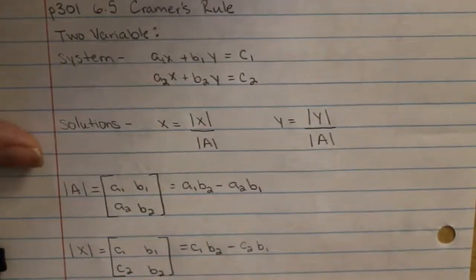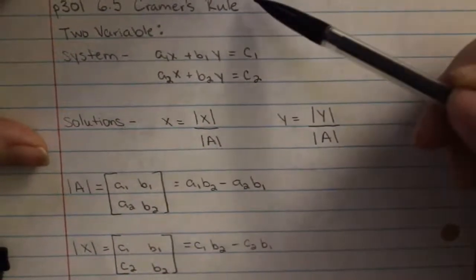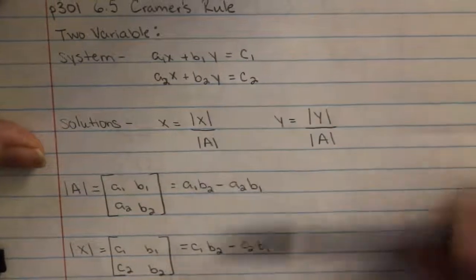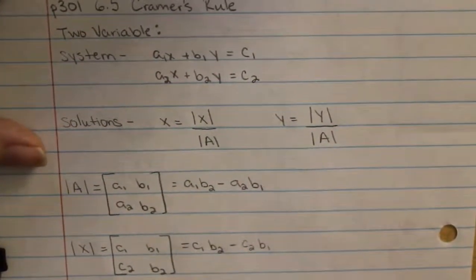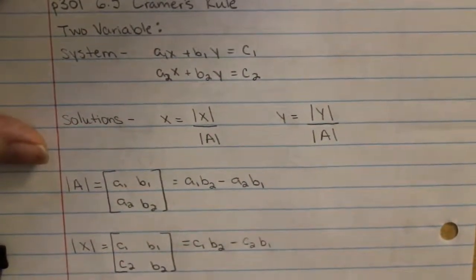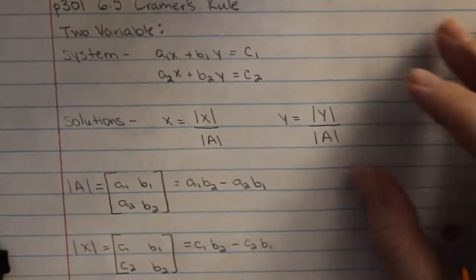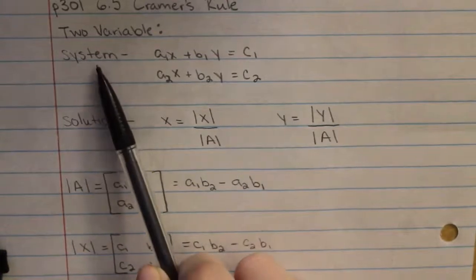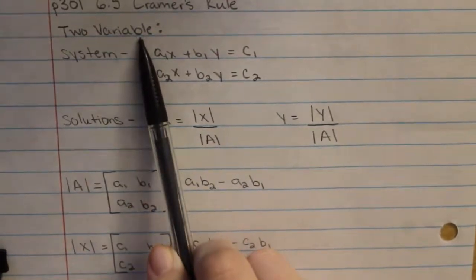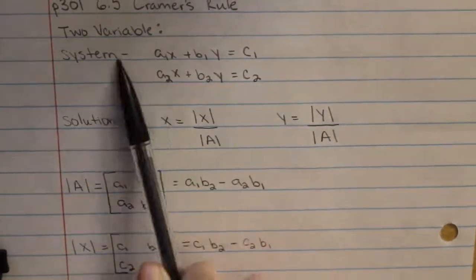So it's page 301, 6.5, this is Cramer's rule. So I wrote us out this long thing here, and I'm going to show you how we would set this up for our equation. Okay, so it says it's for 2 variables only. So again, we're only dealing with the 2 variables here. So the system is